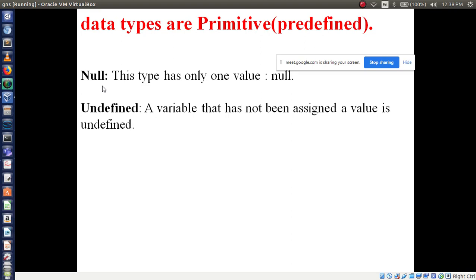So first we have to declare a variable, then assign a value later. A variable that has not been assigned a value is called undefined. I will give particular examples to understand these two data types. It's not necessary to give those examples now, that's why I'm not giving. Later I will definitely give examples for these data types. So these are our basic data types we have seen.